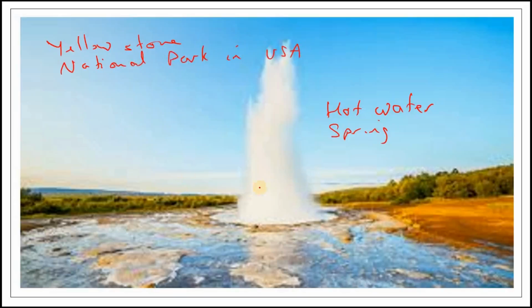In India also at some places we have these hot water springs, but this picture is of a geyser called Old Faithful. This is a geyser. A geyser is a spring which is thrown out every few hours. This is Old Faithful, and you can see the energy coming out of the earth's